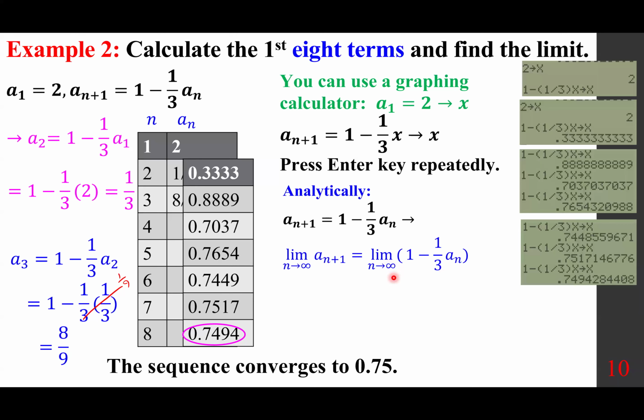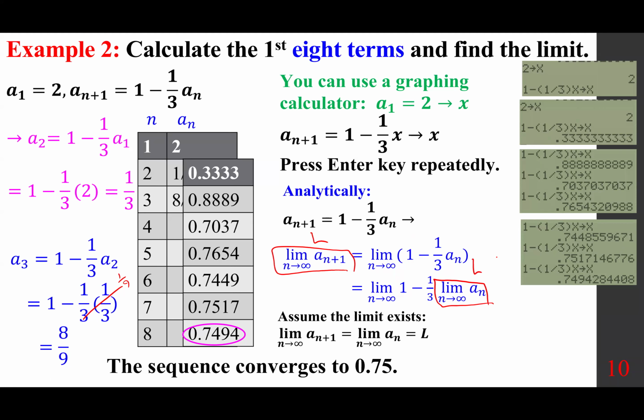If I use the limit laws, it's the limit of 1 as n approaches infinity minus 1/3 limit of a sub n as n approaches infinity. A constant is itself. So this is 1. Okay, and remember, we are going to assume there is a limit. So we are going to assume this has a limit and it's L. This has a limit and it's L, or X, or Y, or Z, any variable of your choice. Assume the limit exists,